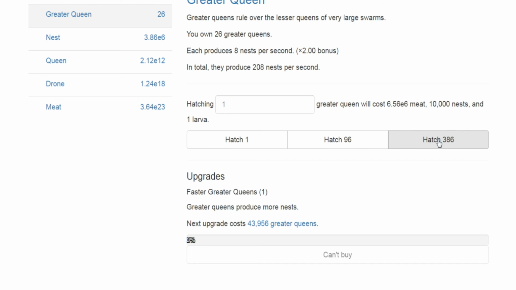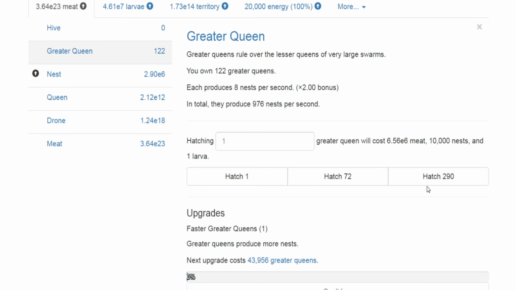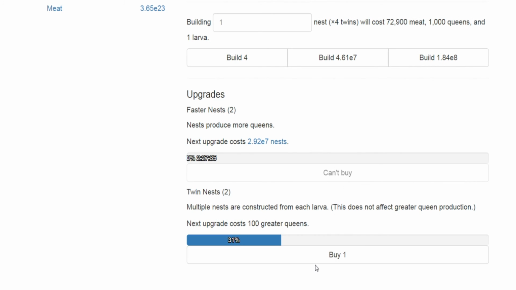But I guess let's just spend like half of what we can buy. I don't know what's a limit right now. What if I say I want to buy the 291? It's our nests. Yeah, we'll do it all then. I'm okay with that. And we can buy the next upgrade in here, which is 100 of our